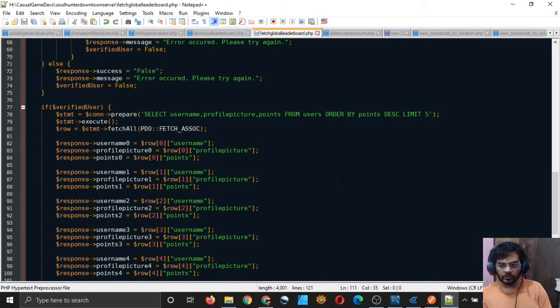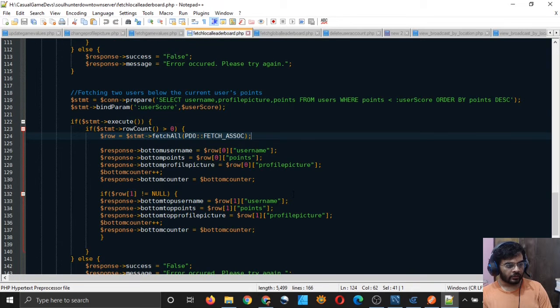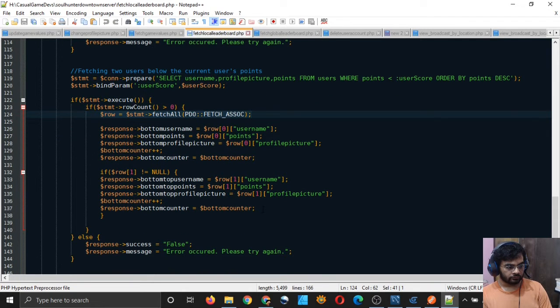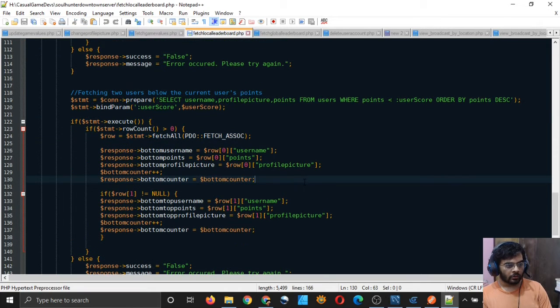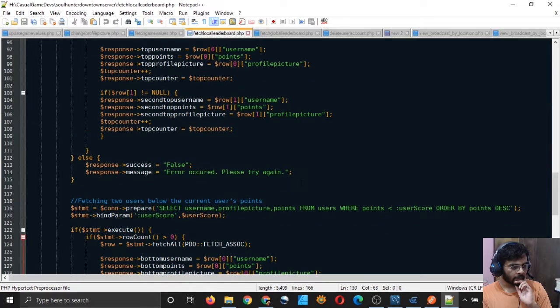First let me go to my server code and see that we are basically, are we only getting two rows for local leaderboard? No, we are getting many.